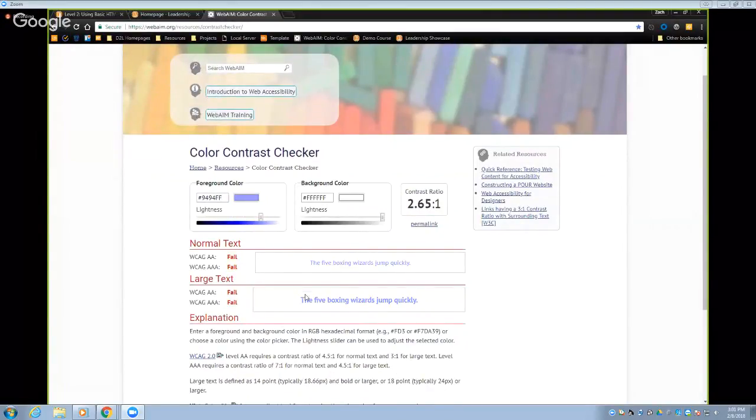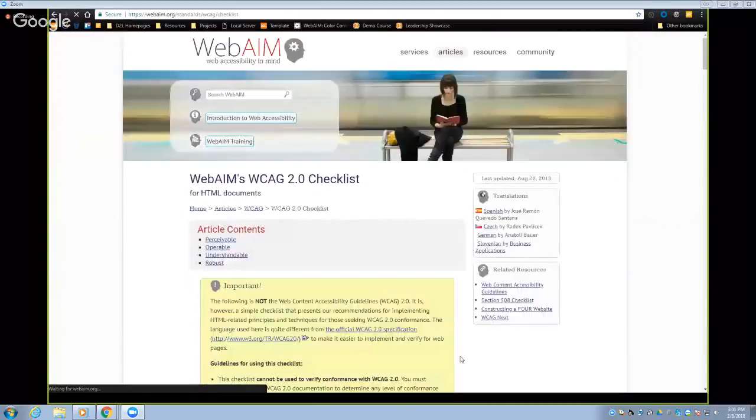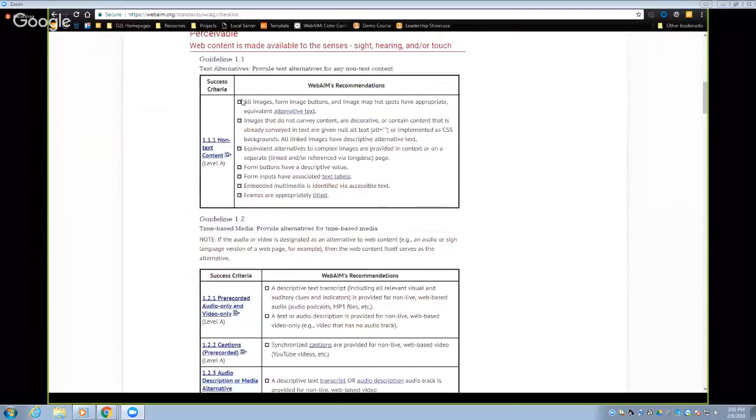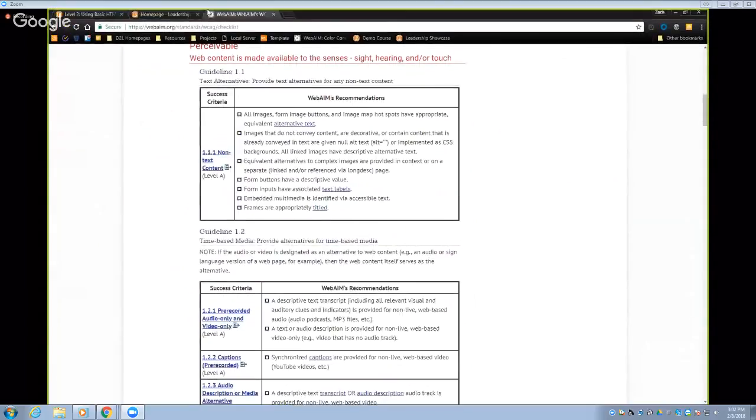You'll see as the text gets very light, very faint, hard to see. It tells me if I pass or fail. And WCAG is essentially the Web Content Accessibility Guidelines. And there are actually checklists on this page that you can use to test your own courses against. Very, very useful. If you are developing course content at all, you'll definitely want to be visiting these sites here. And you'll see Chrome Developer Tools is just what you saw me using there with that